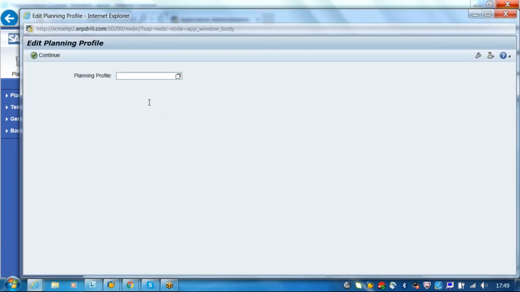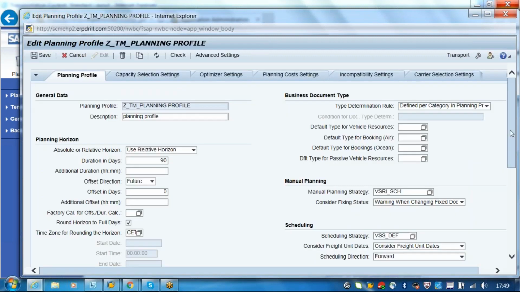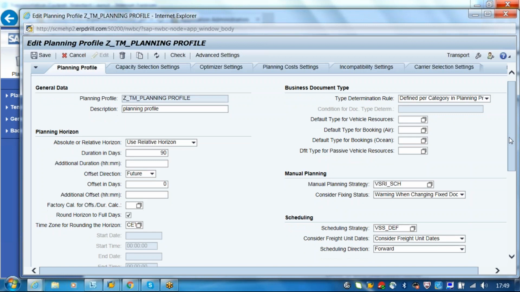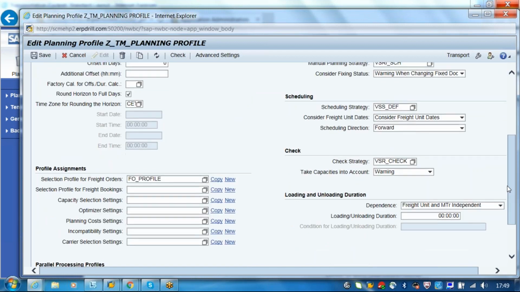Yes, we have given the default criteria. So what the system will do is try to find out what default value is updated there. Okay, this one only. For profile, yeah. Ignore this.